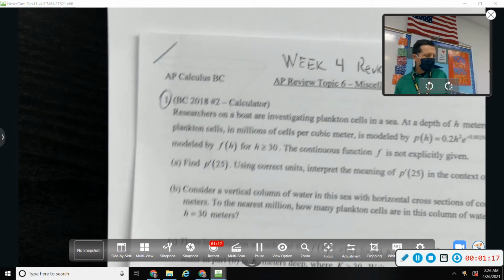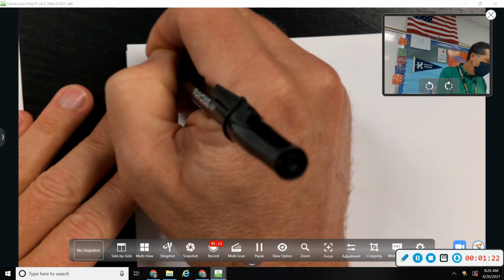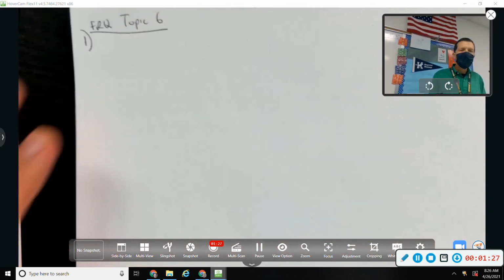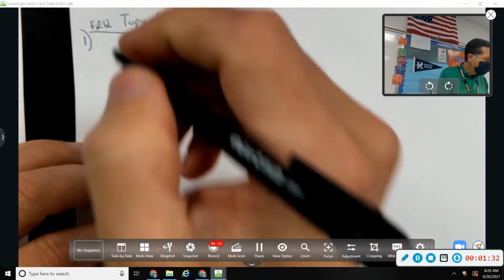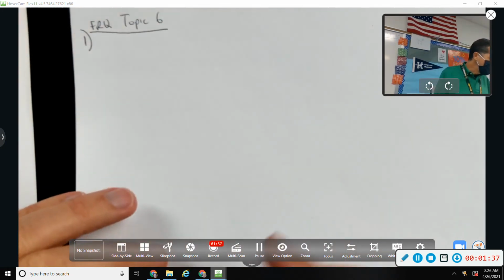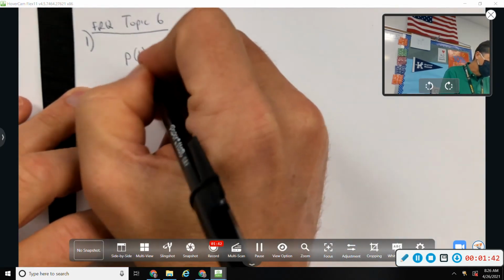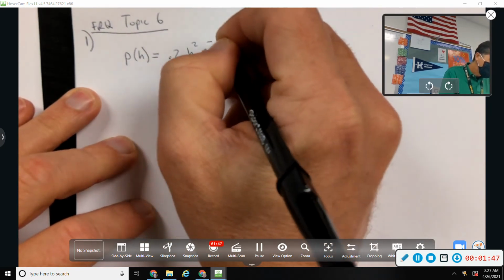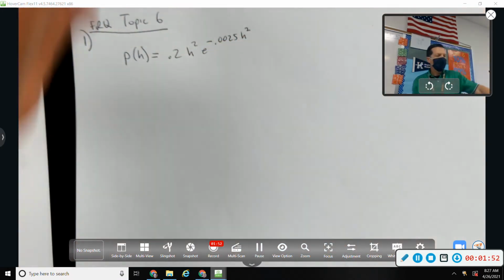All right, so let's do number 1 and 2. FRQ topic 6. Researchers on a boat are investigating plankton cells in a sea. The density of plankton cells in millions of cells per cubic meter. Okay, this is a weird unit here. This is definitely a calculator problem with that weird equation in there,